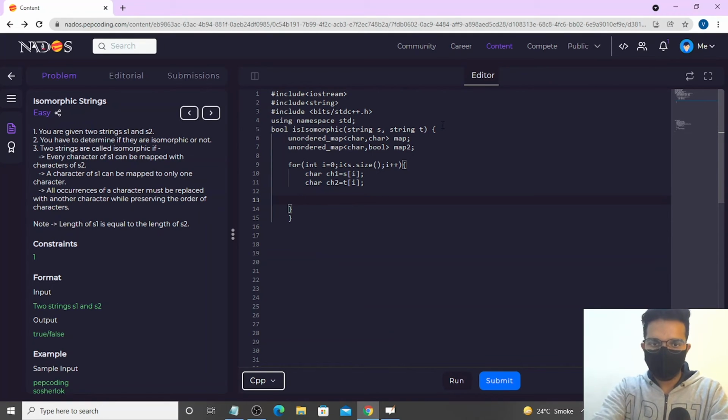Now there are two conditions primarily. What are those conditions? Let's talk about it. Whether the character is already present in our hash map or the character is not present in our hash map. Let's see what we are going to do for both conditions. So if map.find(ch1) is not equal to map.end(),